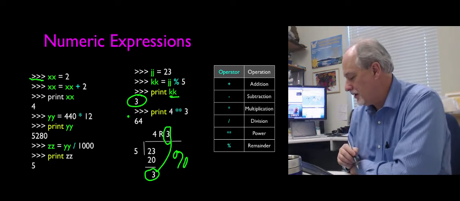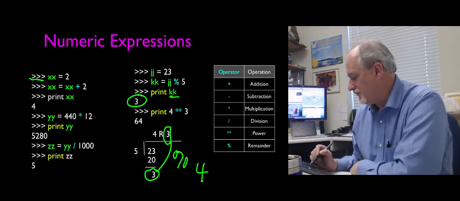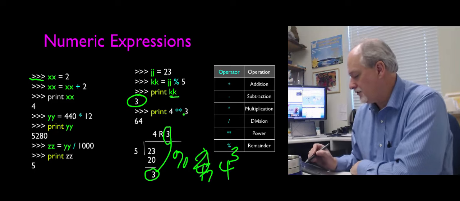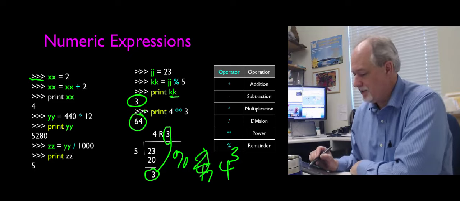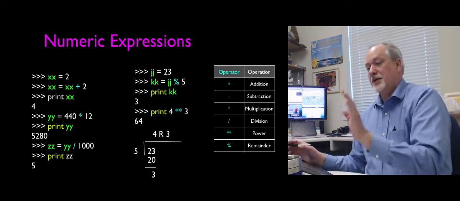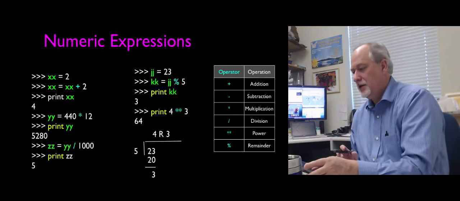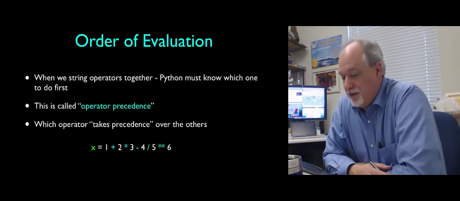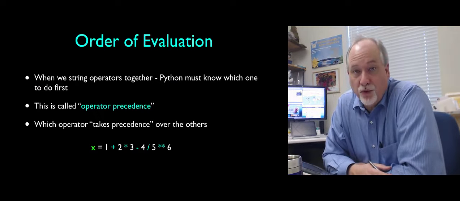And the raising to the power, 4 cubed, oh, that's not so nice, 4 cubed is 4 * 3, and so that ends up being 64. So that's just operations. Now, just like in algebra and mathematics, we have rules about